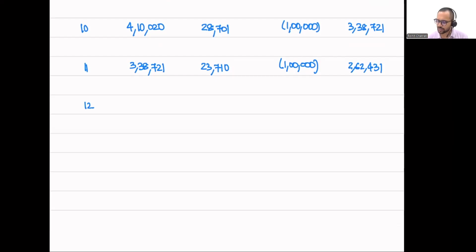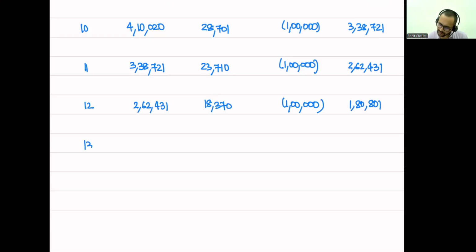For year 12, remember the total number of periods will be year up to year 14. So we are going to have 12, 13 and 14. So I have a beginning balance of 2,62,431 multiplied by 7%, which is 18,370. I then deduct a payment of 1 lakh rupees, and my closing balance will be 2,62,431 plus 18,370 less 1 lakh, which is equal to